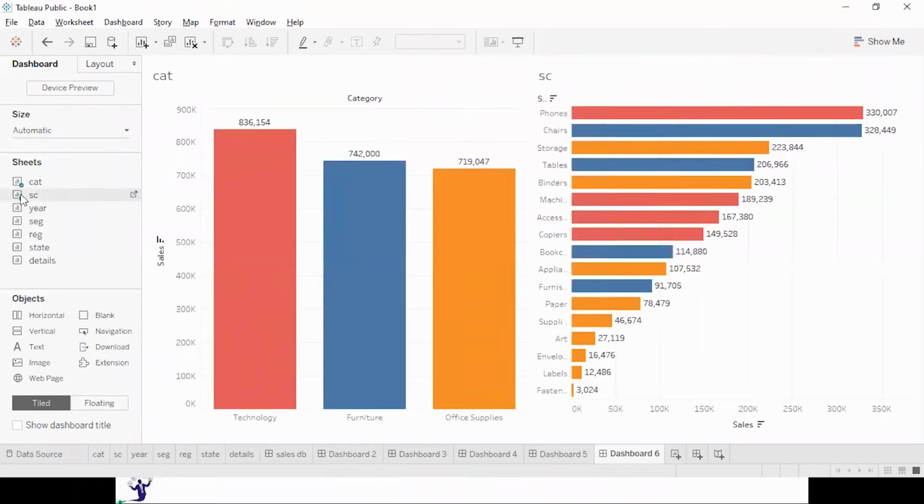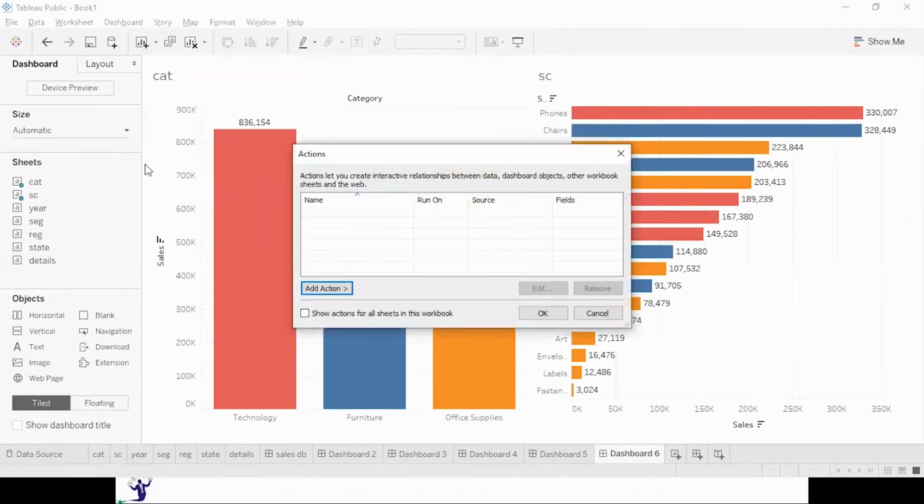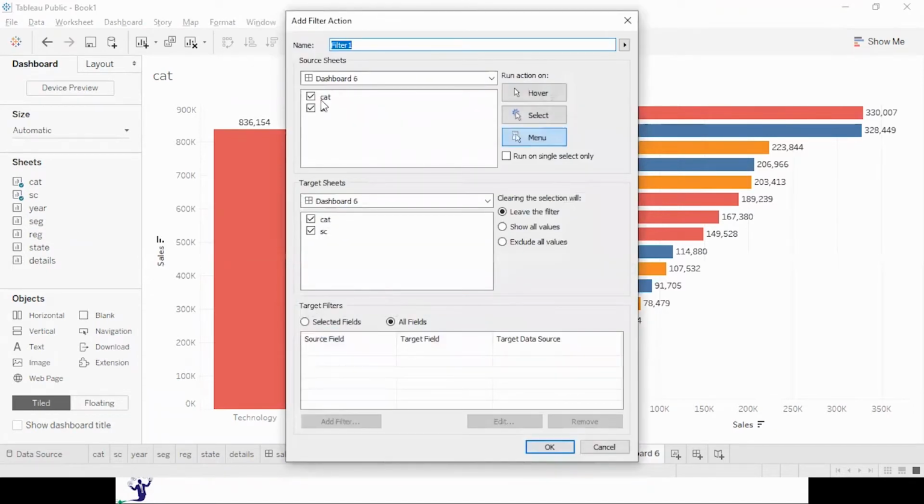Now I will go to the dashboard action. So I will go to the dashboard. I will say action, add action. You will see the same actions: filter, highlight, URL, sheet, parameter, set. Take the first one, filter. Now the source.